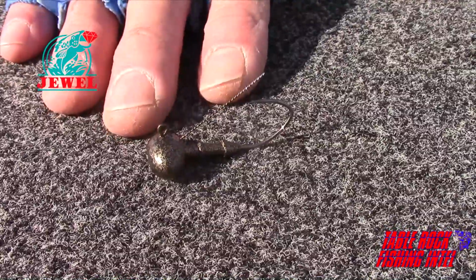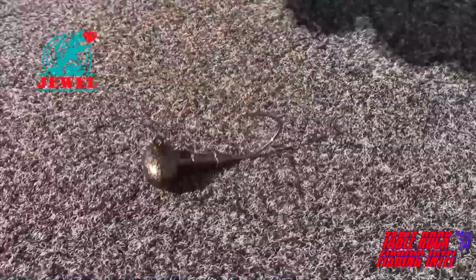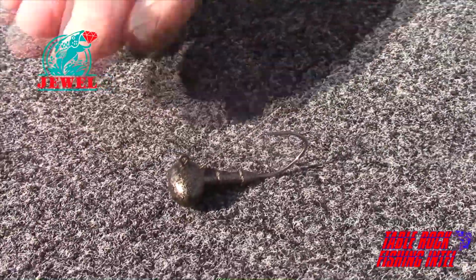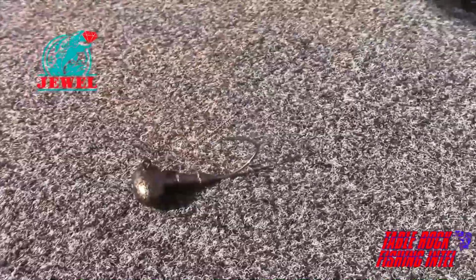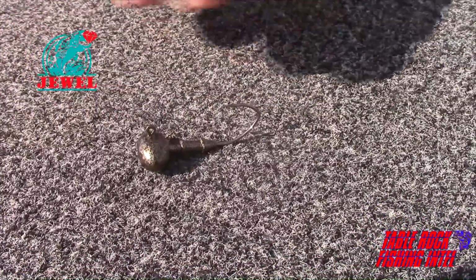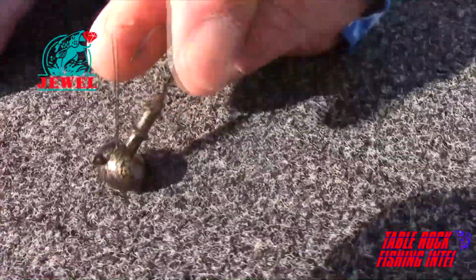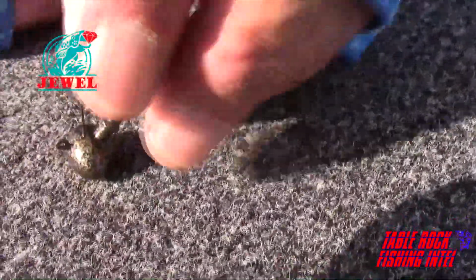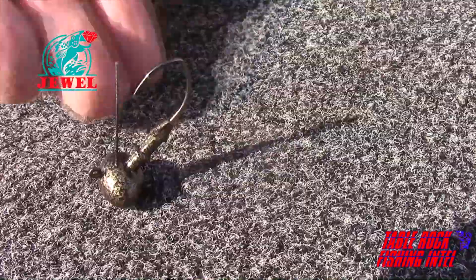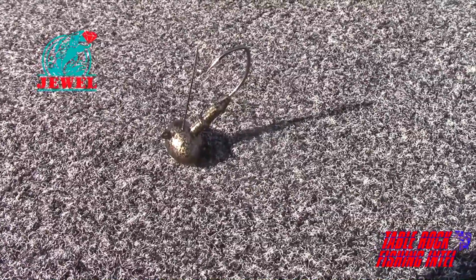This is not something you're going to throw in brush piles. It's not something you're going to flip around docks. It's for open water. Keep that in mind. If you want to flip, go to a different jig. But this is the jig that is going to catch fish on open water applications, gravel and rock mix sort of applications. You notice on the front it has a flat spot on the bottom, and that enables the jig, if I get it set right, to stand up. Puts that crawfish in a defensive position,